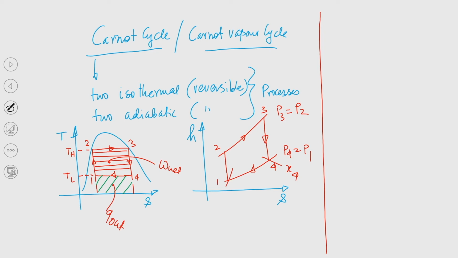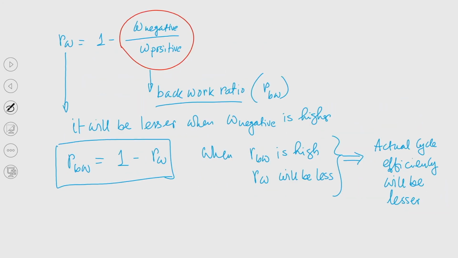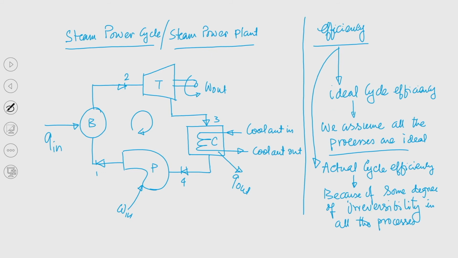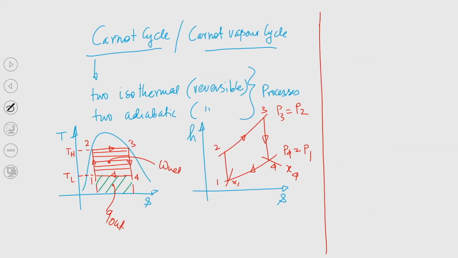Now, so what are the different processes? Again I am telling, I have tried to represent all the processes which are there in the cycle in the TS and HS plane. So, 1 to 2, this is the process in which heat is added, right. So, 1 to 2, that is the process in which heat is added, heat addition. So, if I try to write per unit mass, that is QL, that is nothing but H 3 minus H 2, and